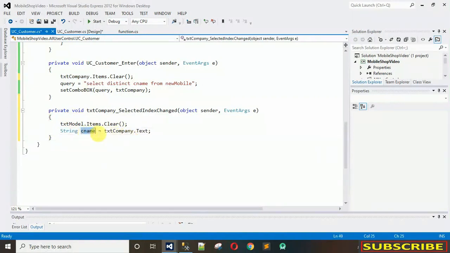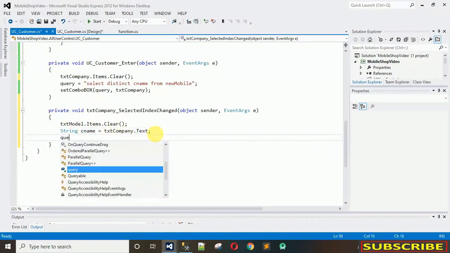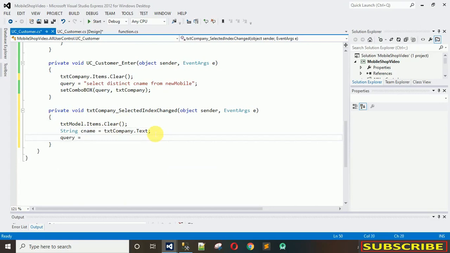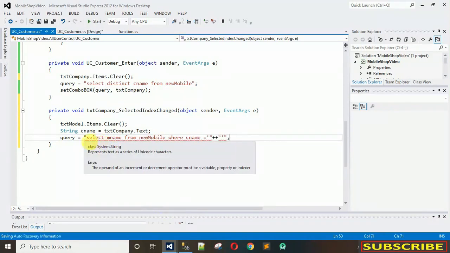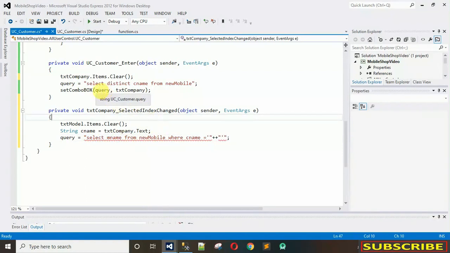Now we have the company name in the CNAME, and we have to write the query equals select name from new mobile where CNAME equals. Okay, so we want to select the mobile names, the model names, which satisfy the selected company name, and I'm going to write the company name over here. So my company name is CNAME,